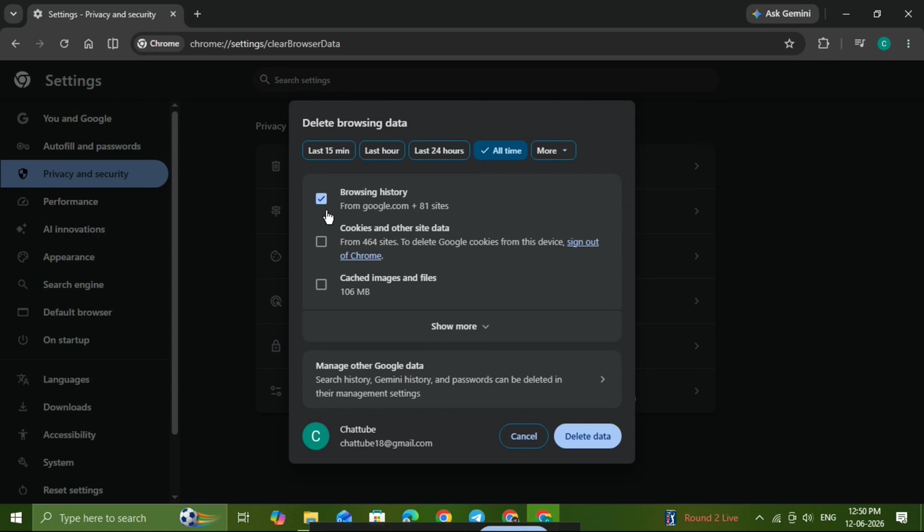Once you've selected the time range and confirmed that browsing history is checked, click Delete Data. Chrome will now clear your browsing history based on the range you selected. If you chose all time, it will remove all stored browsing history from Chrome on that device. After that, your browsing history will be cleared and you can continue using Chrome with a cleaner, more private browser